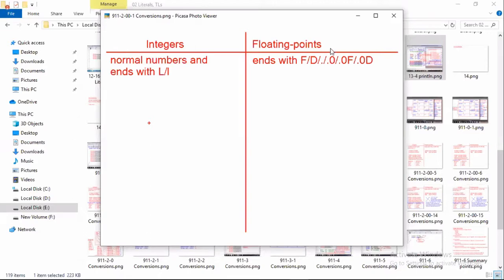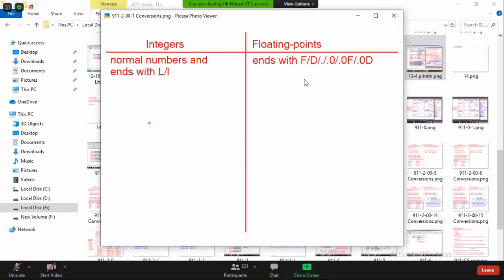Some people call it a decimal also. I don't know why they call it that. Some foreigners pronounce it as integers and decimals. I don't know how floating point numbers are called decimals. Any of you in your academics called floating point numbers a decimal? In every batch I'm asking.